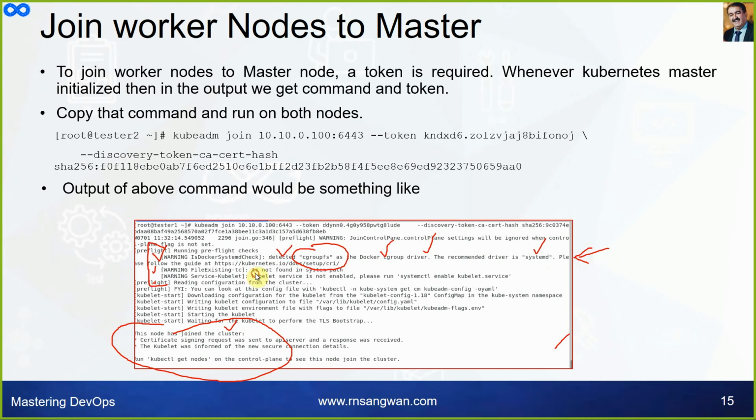Second was tc not found. So I installed tc also. That warning was also addressed in my case. And the third is firewall. In my case, I already configured all the firewall settings or firewall rules. So there was no problem in my case, everything is great. All the services are running and there was no warning except the firewall, for which I already